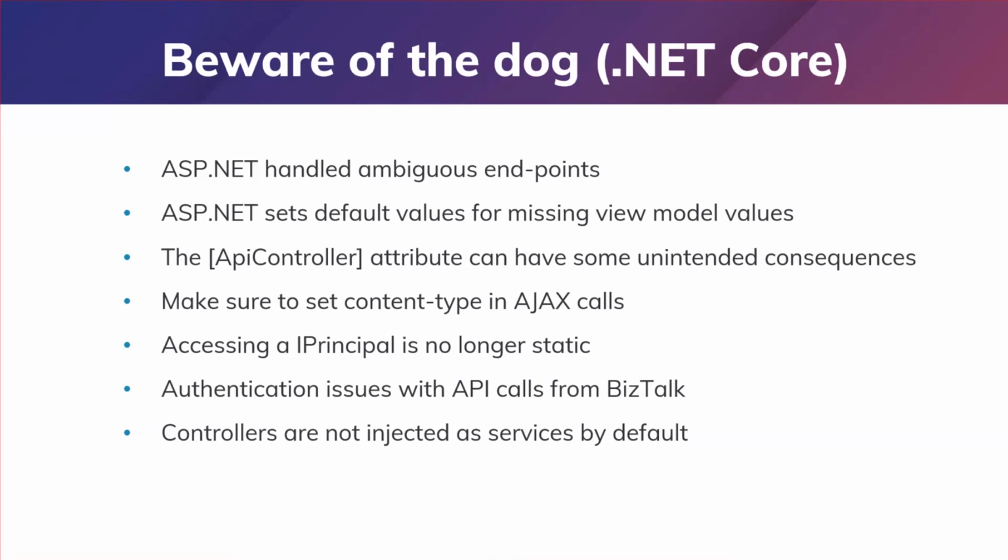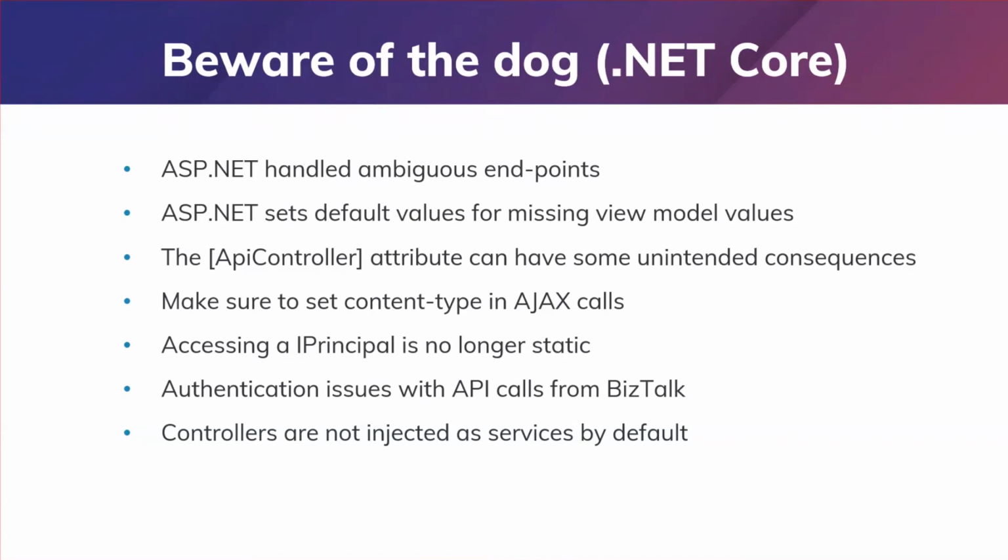So for example, we had a couple of ambiguous endpoints. So it had the same route, but we had different route prefixes. So our application still figured out which was the right one to go with all the time. It's not great, but it worked. But .NET Core does not like that. It hates ambiguous endpoints, and that's awesome. But that caused issues for us for sure to find those and remove them. So that's something to just keep in mind on changed behavior.